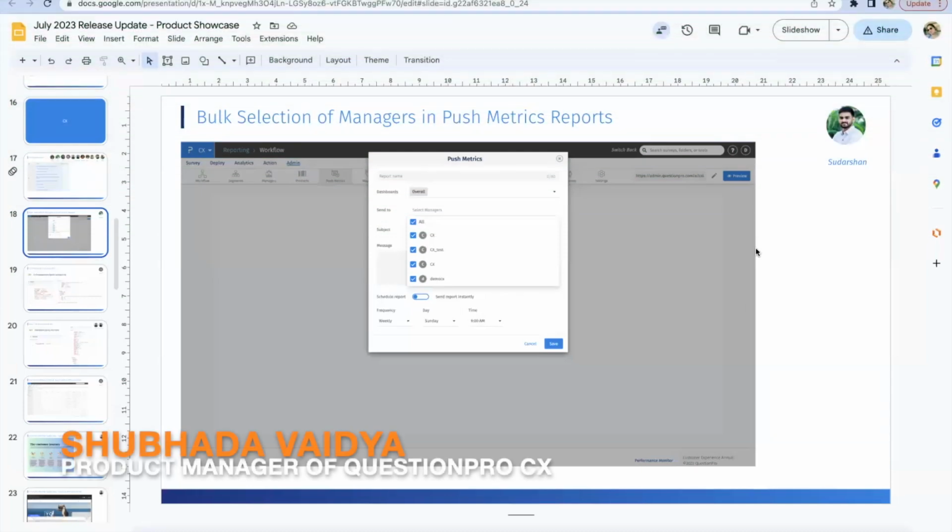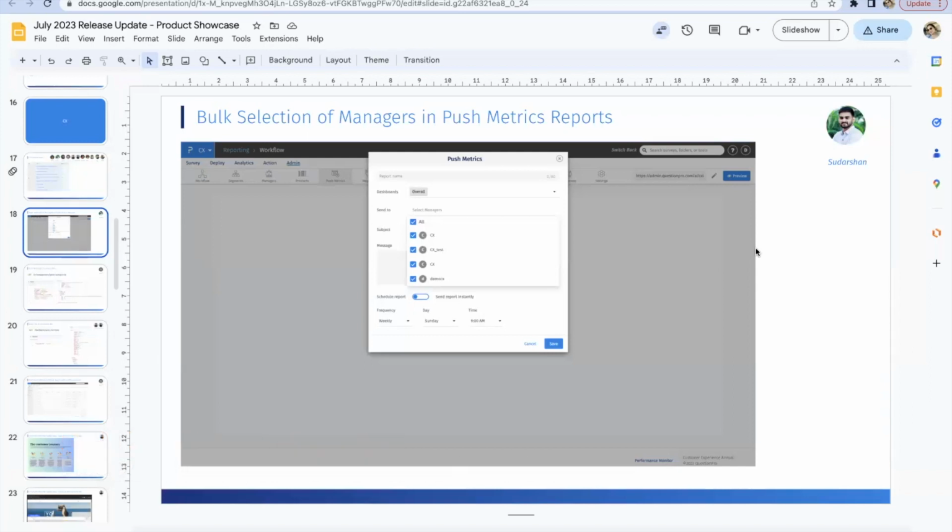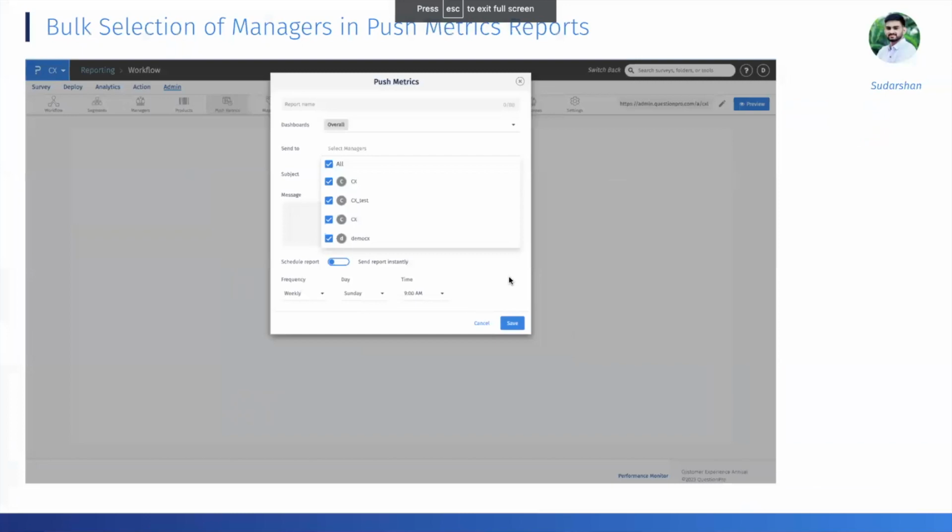So in the month of July, we got some major items done. The first one is the bulk selection of managers in push metrics report. For those who don't know, push metrics is a functionality wherein you can send reports to the managers